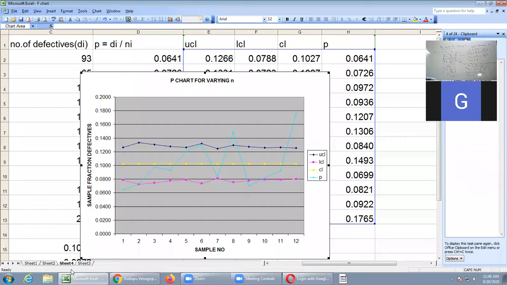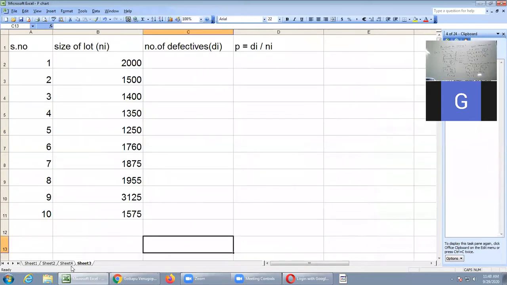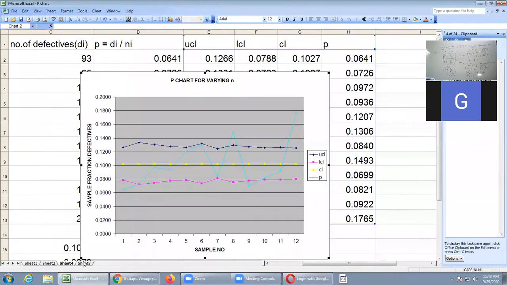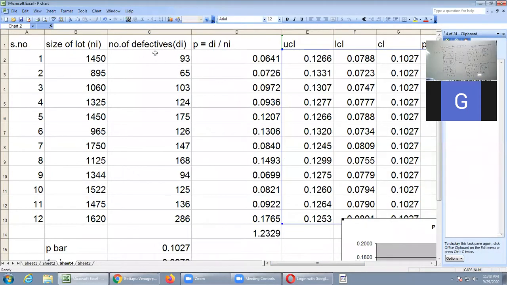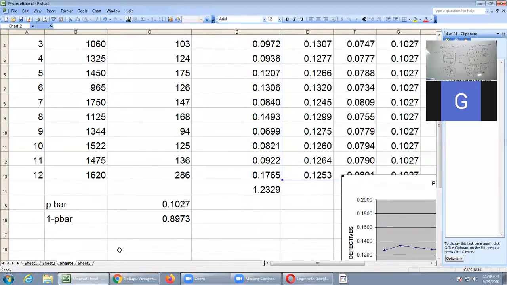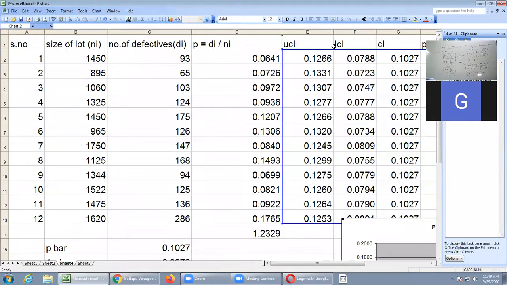Yes. So if yes, we will do one more problem, because one problem for manual, one problem for Excel. So this particular problem just now we have done, write this problem for manual practical. So manual means what is that? This data will be given to you. You will calculate P values, and then P bar you will calculate manually. These are the answers you will get. 1 minus P bar you will calculate, and after that UCL, LCL, CL you will calculate, because scientific calculator is allowed for the examination. You can calculate the values, and then you can construct the control chart.